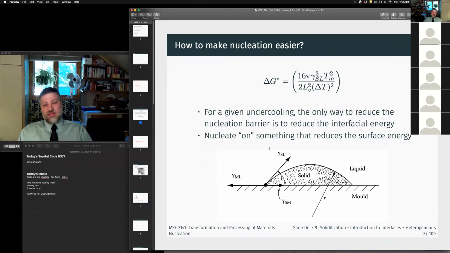And the whole idea behind heterogeneous nucleation, instead of forming a nuclei completely in the liquid, we form a nuclei on something, right? Where the cost to nucleate on this something is less than the cost to nucleate homogeneously, right? And so we have to take a tiny little detour into